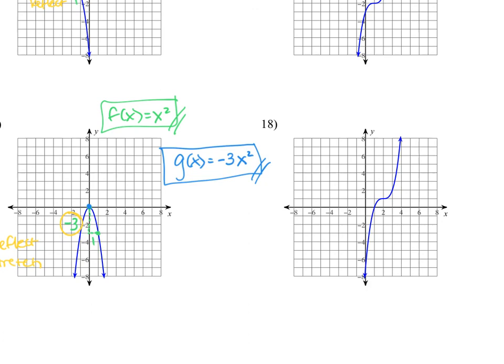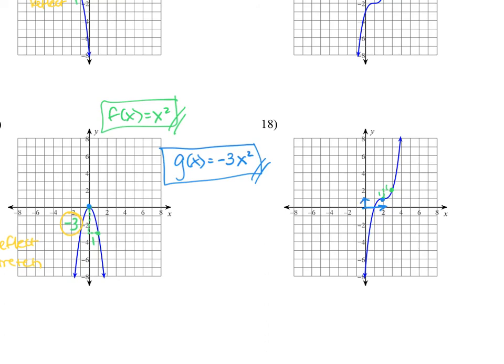18. So for 18, again, let's look from our inflection point to our next nice point, going up 1 and over 1. Nothing changed there. That's how it's supposed to be. So we don't have any reflections. We don't have a stretch. We don't have a compression. But let's see how far we've shifted over to get from here. Looks like we shifted 2 to the right